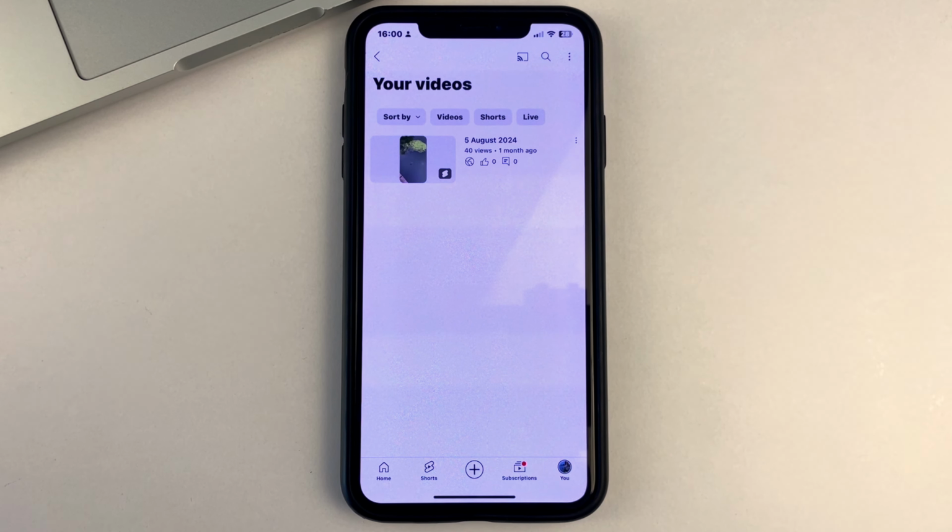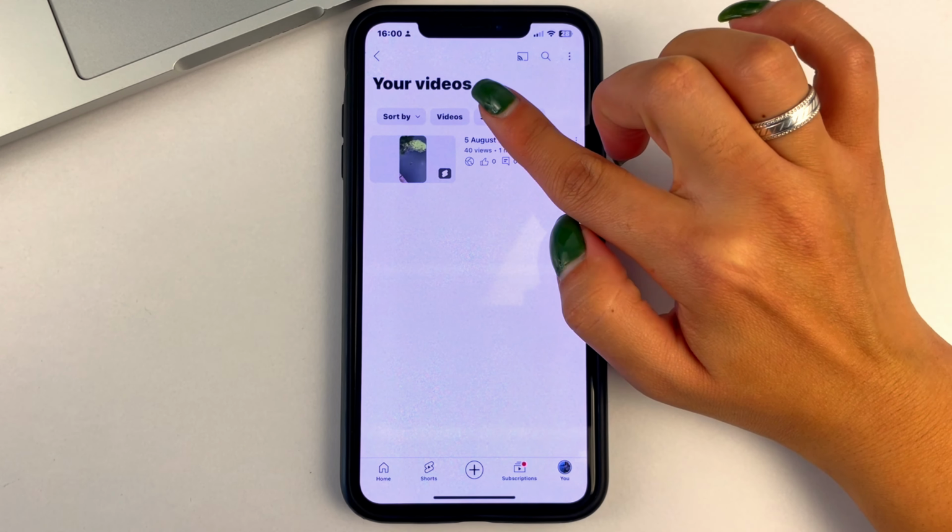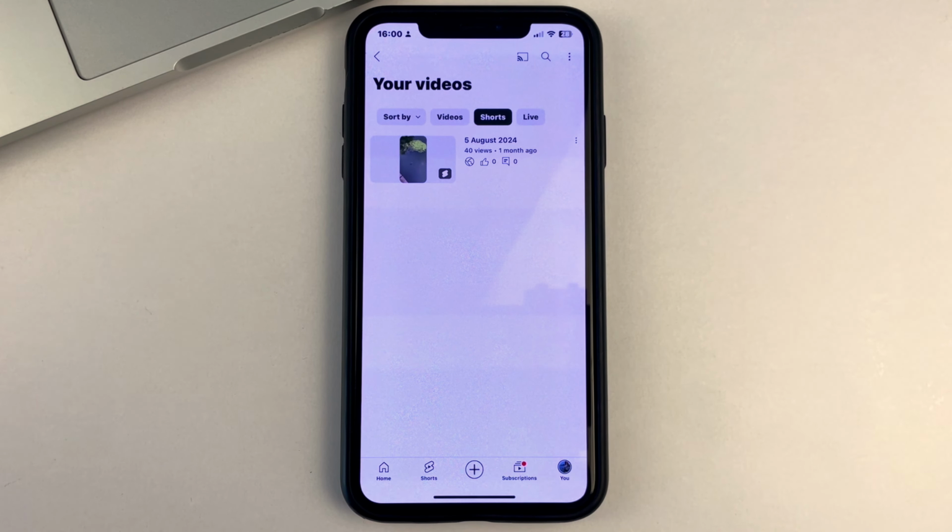And here, in order to go to short videos, or what they call on YouTube Shorts, you'll need to click on the word Shorts right here. It's easier because if you have, like, dozens or even hundreds of videos, it can take you a long time to scroll through. To find the right video, it takes time and so on. And this way, when you go to Shorts, you can find the short video you need faster.